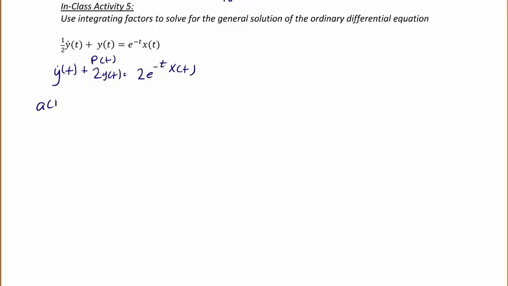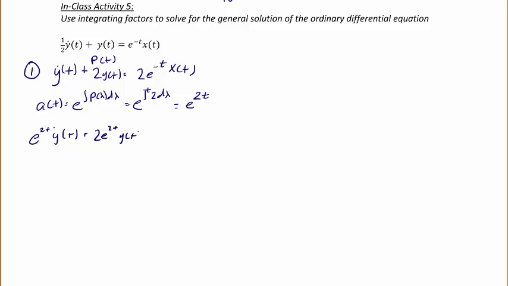So the integrating factor, a of t, is equal to e raised to the integral of p of lambda d lambda, or in this case, e raised to the integral of 2 d lambda from 0 to t. So the integrating factor is e to the 2t. So now let's multiply both sides of equation 1 by the integrating factor, and we have e to the 2t y dot of t plus 2 e to the 2t y of t equals 2 e to the t